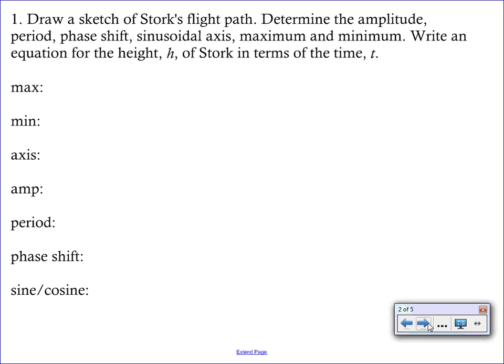So reading through the problem, we see that our max is 11, our minimum is 3, and from that, we can find the sinusoidal axis of 7. You just add the max and the min and divide by 2. Once you find the axis, you can calculate the amplitude by just looking at, well, if you start at 7, and you go up to a max of 11 and down to a min of 3, your amplitude has to be 4. The period is given as 13 minutes because that's how long it takes the stork to complete his